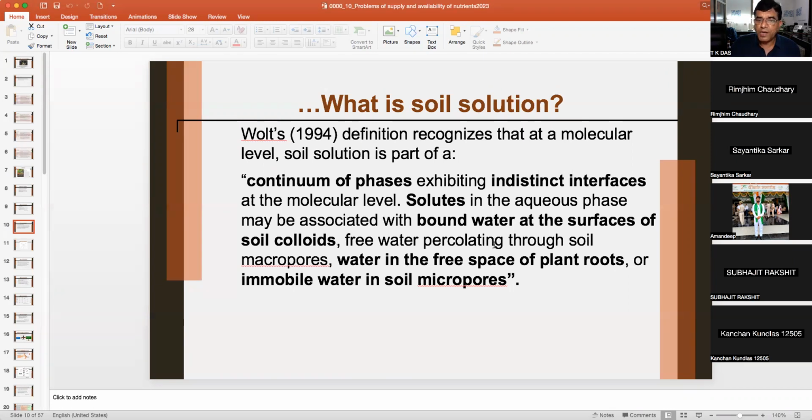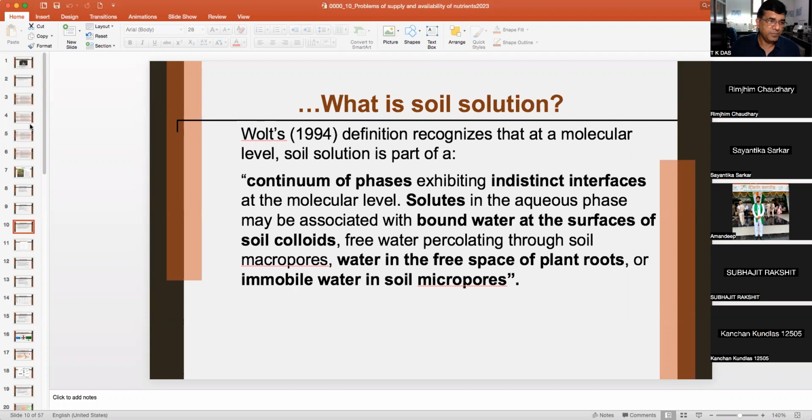What happens? Free water percolates through the soil macropores. If you apply water, if rainfall is there, not all water is going to be part of your soil solution. Some water which has been leached down is not your soil solution. The water of the soil solution will be retained by the soil. Then the salts or solutes will be